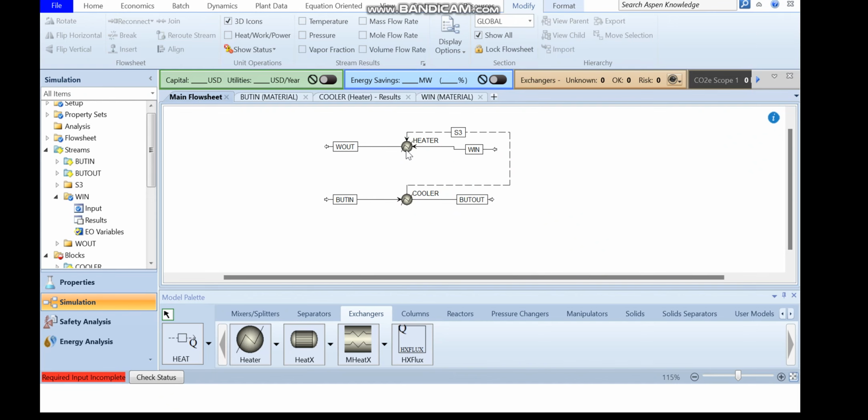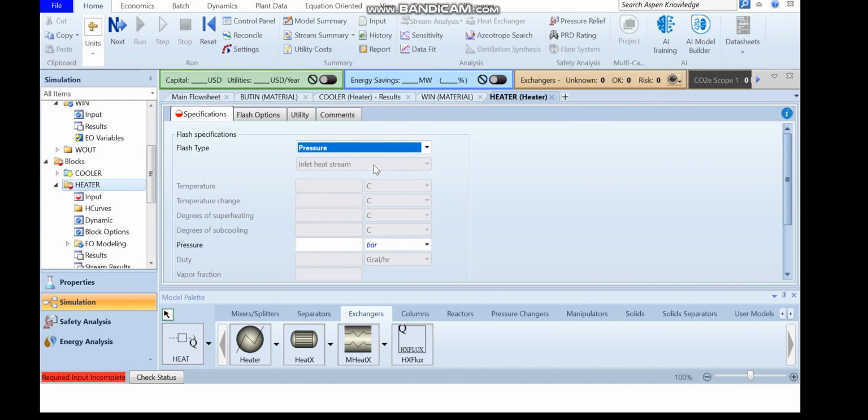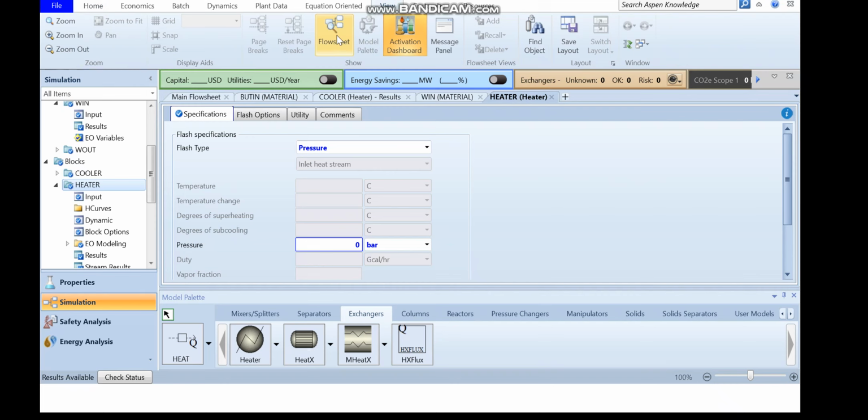Okay, if I double click on this heater, you will see that only the pressure, you need to specify only one condition, because the other is already specified. Now it knows the heat duty. The other is pressure, there is no pressure drop. And now it knows that the heat duty it is receiving is 69 kilowatt from the cooler. Okay, now run the simulation, and